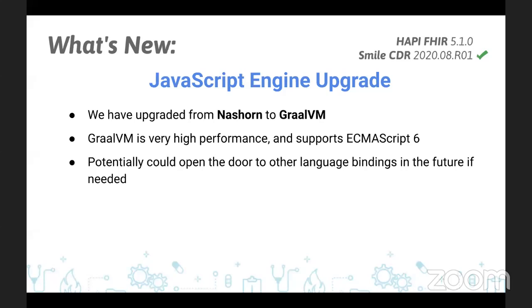Graal is an incredible JavaScript library. They call it a polyglot library. It supports a number of languages other than JavaScript, although JavaScript is the only language we're using yet. It performs incredibly well, supports ECMAScript 6, and could allow us in the future to have bindings to other languages as well. Graal supports Ruby and Python, and all kinds of other good things. So we may well start adding support for scripting in other languages to the product at some point